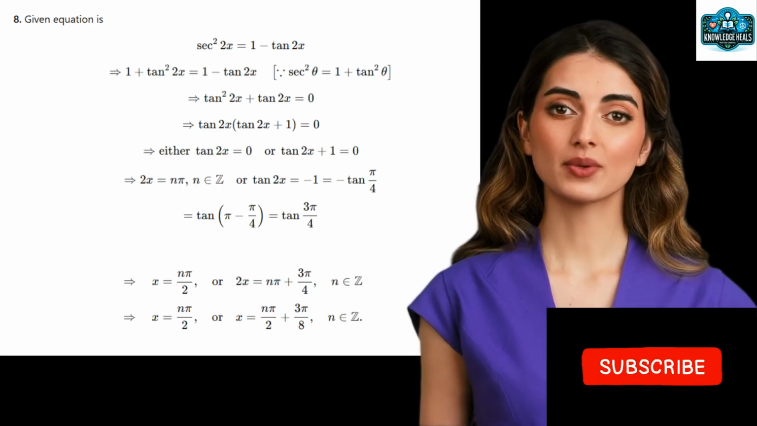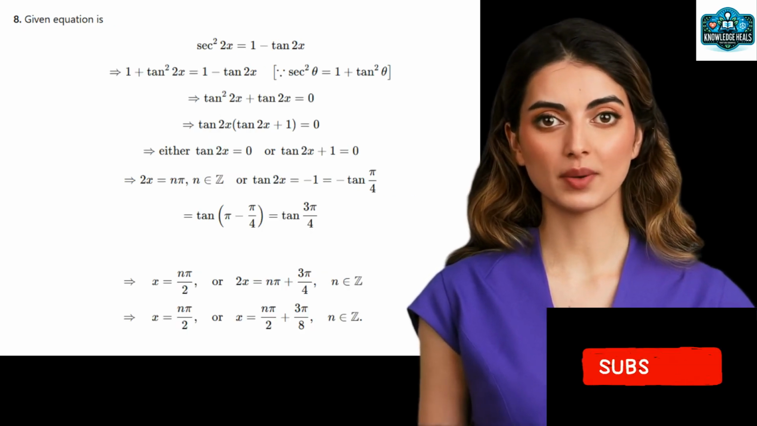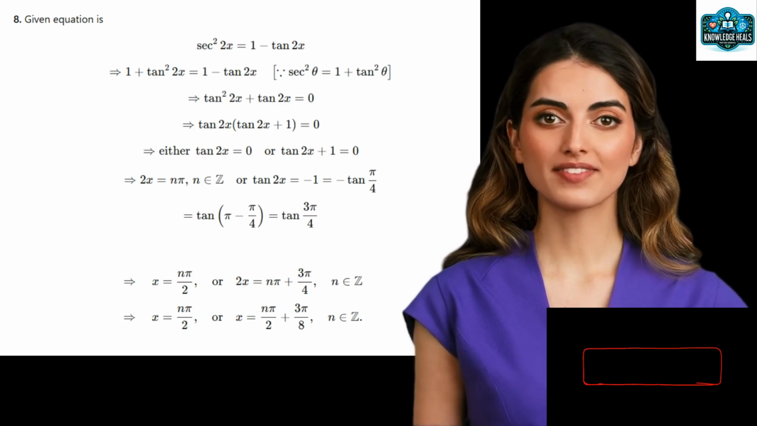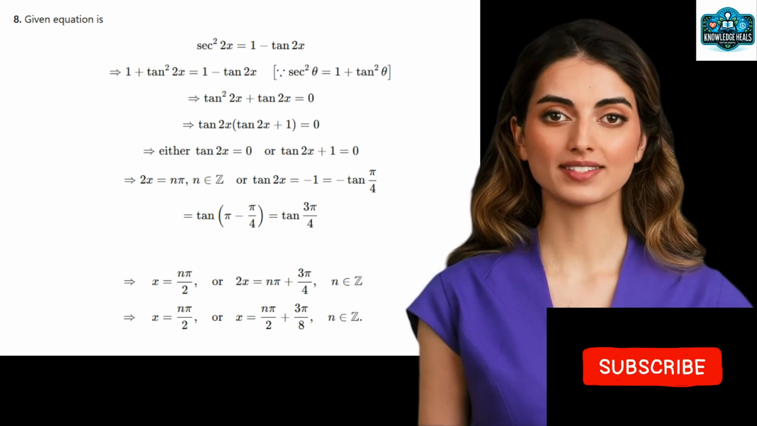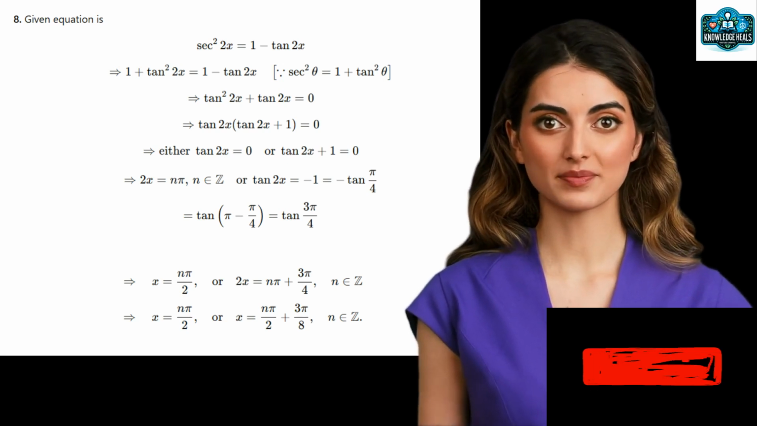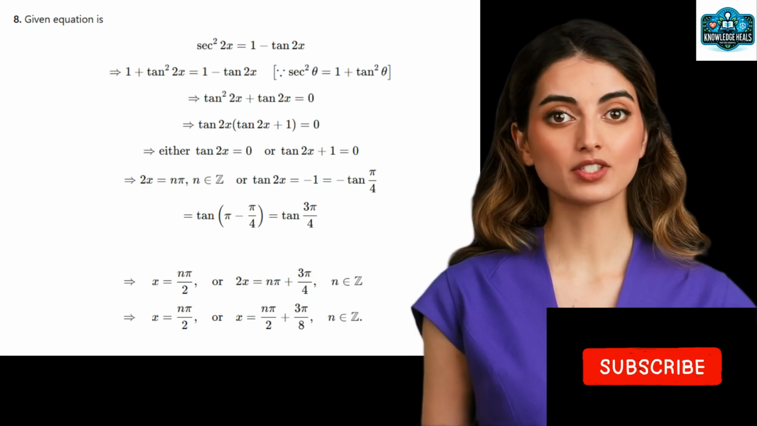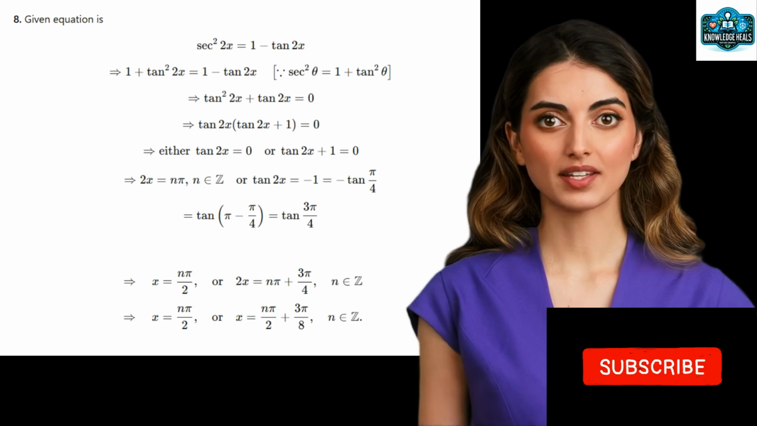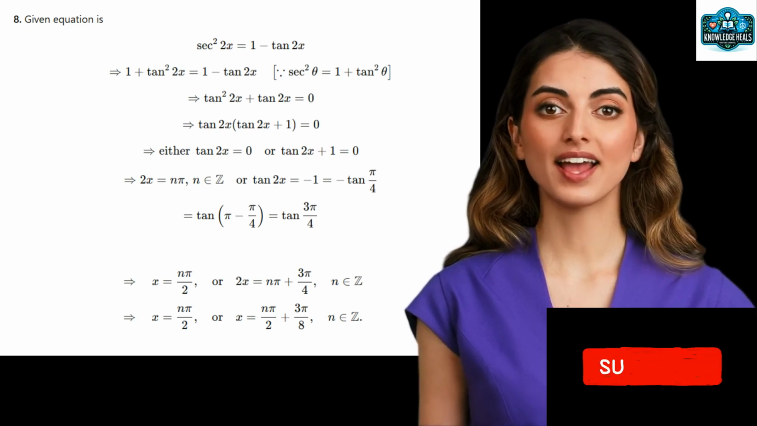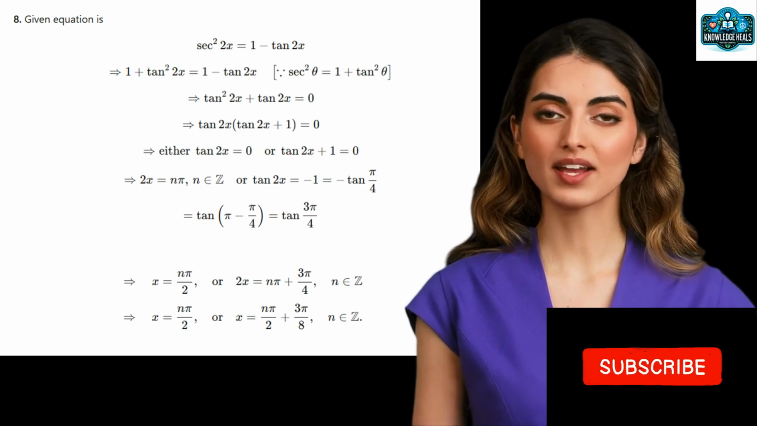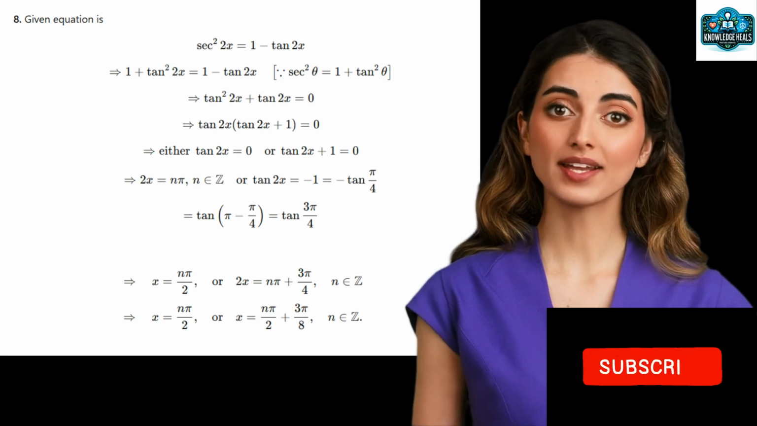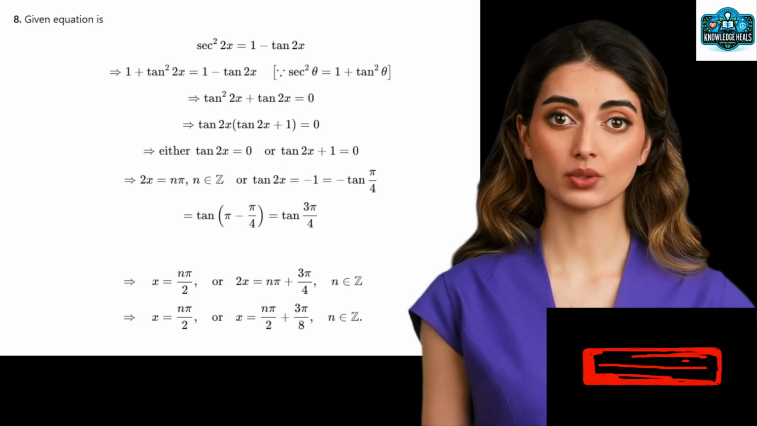Another question is sec square 2x equal to 1 minus tan 2x. We will use the sec square theta formula and substitute it, so it becomes 1 plus tan square 2x equal to 1 minus tan 2x. Tan square 2x plus tan 2x is equal to 0. As we further simplify it, we get tan 2x equal to 0, or tan 2x plus 1 is equal to 0. As we move more, we get 2x equal to n pi, where n belongs to Z, or